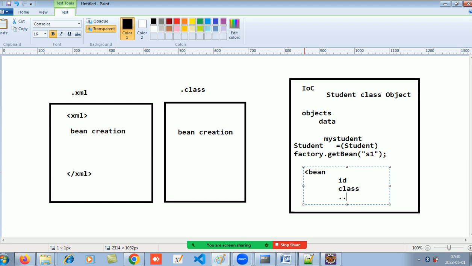ऐसे इसके 8 से 9 एट्रीब्यूट्स, वो भी पढ़ेंगे अपन डिटेल में, शायद कल ही करेंगे। अभी तक तो मैंने तुमको सिर्फ 2 एट्रीब्यूट सिखाए हैं। वो सारे एट्रीब्यूट पे अपने को एक्सपर्टीज हासिल करनी है। अभी अपन सिर्फ आईडी बोले, और अपन ने उसको आईडी S1 दे दिया। और ये बीन कौन से क्लास की होगी, तो उसका फुल्ली क्वालिफाइड नेम चाहिए इधर। और उसको अपन सेटर से इंजेक्ट कर रहे हैं, तो प्रॉपर्टी टैग।